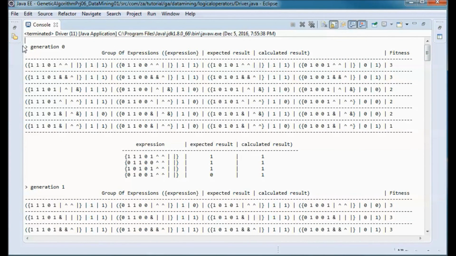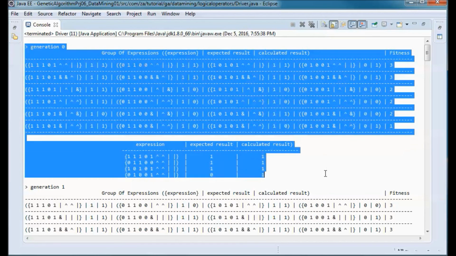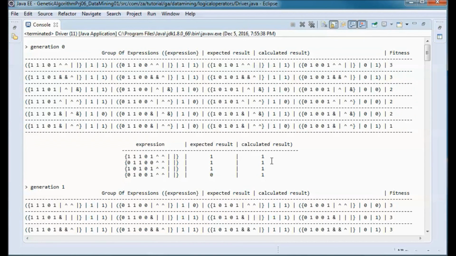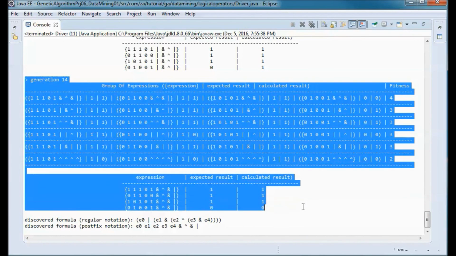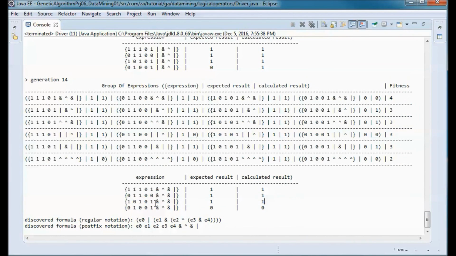We went from generation 0 to generation 14, and we ended up discovering this formula in postfix notation, or written this way in regular notation.